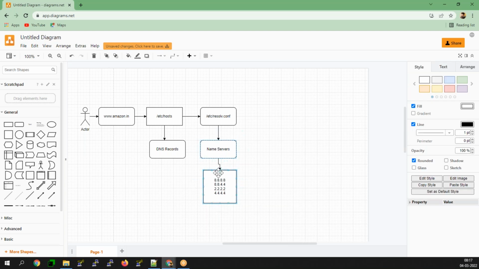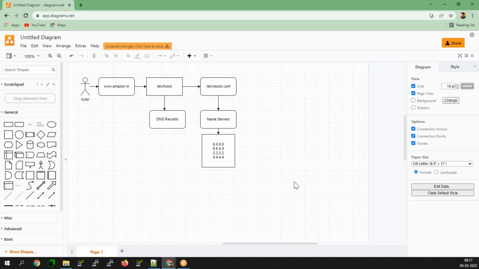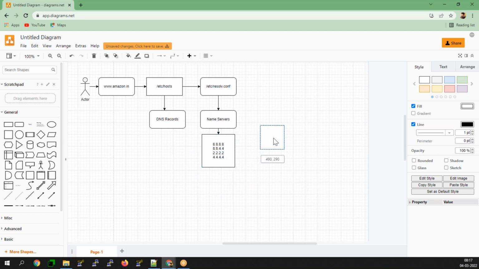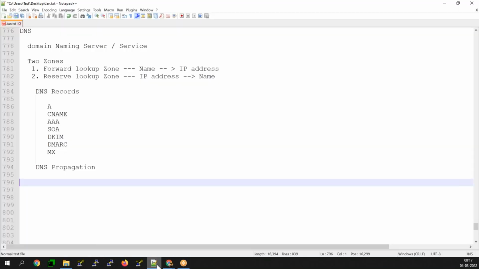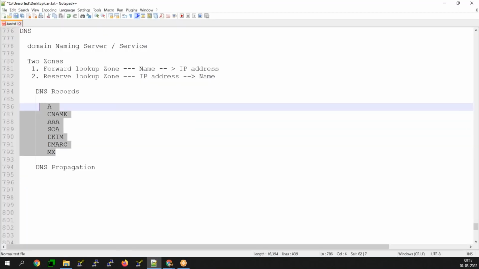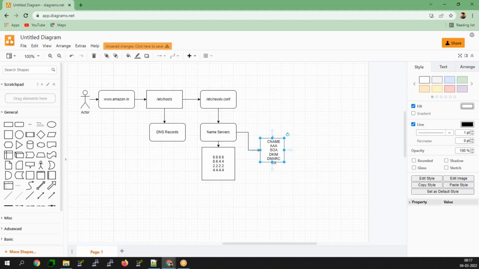So this is how it will find the name servers. In these name servers, it tries to find the DNS records. Here you have the A record, CNAME record, AAAA record, SOA, DKIM record, and DMARC record.